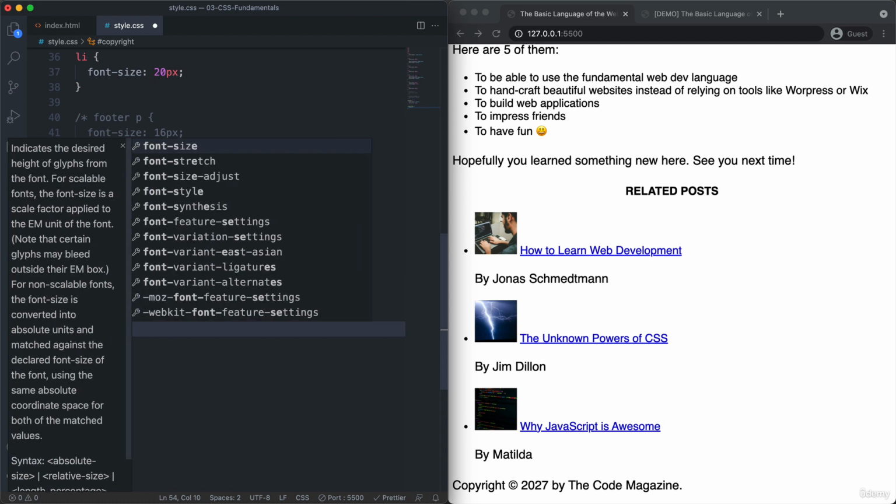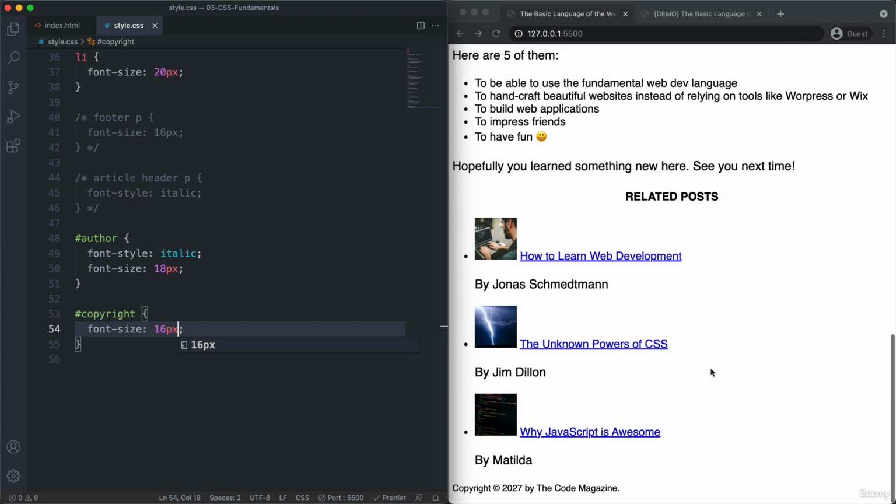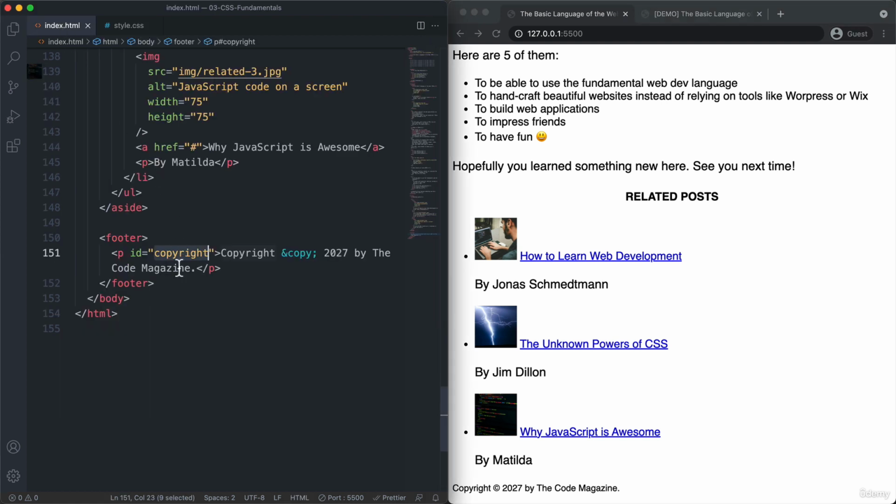And let's go back to a font size of 16 pixels. And here it is. So it worked once again. Now, besides the ID, there's actually another way of giving elements names, which is by using the class instead of an ID. So we specified the ID attribute here to give this element a name, but we could also have